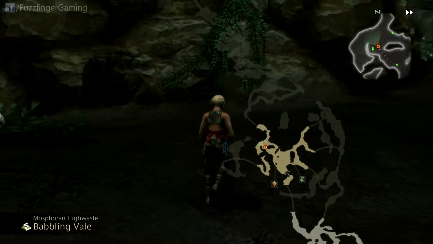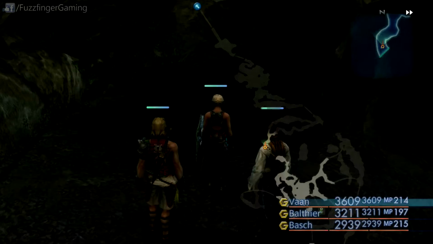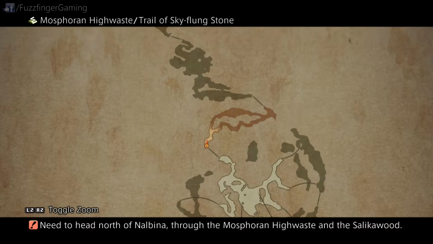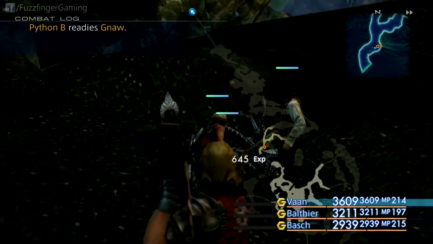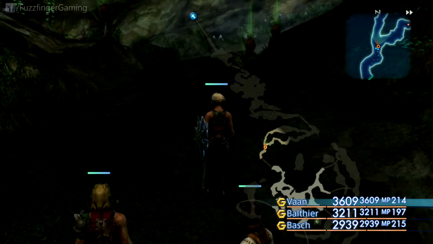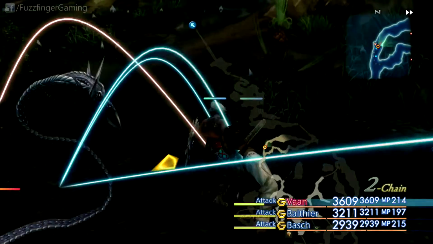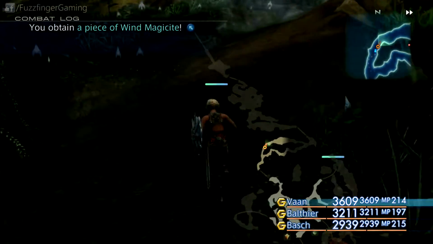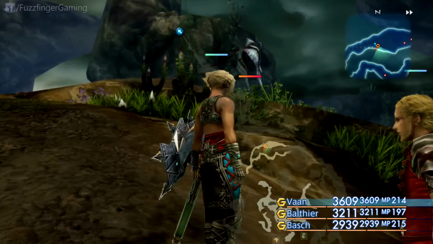And if we just make our way over to the northwest here. So there'll be a few areas we're not going to explore in this place right at this moment, but we will be doing them later on. So this place is known, interestingly, as the Trail of Sky-Flung Stone. And you can get some fairly tough enemies around here, so these snakes like to pop up as they normally do, of course. Although I'm sure we're all used to that by now. If there's one thing we've had our fair share of in this game, it's snakes. And it's recommended, of course, that you have some...